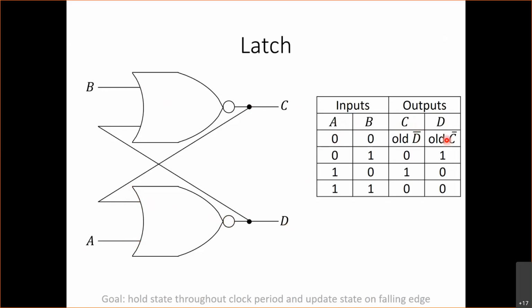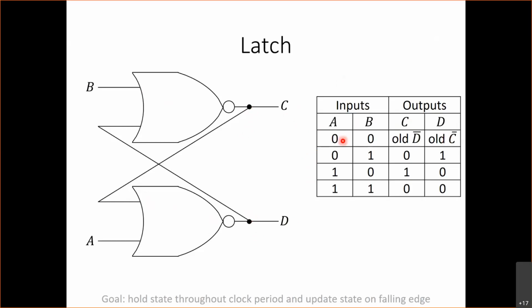Yes, I don't get how we start. For the first one to give an output, it needs the output of the second one, and the second one needs the output of the first one. So how do we start? Right now I'm presuming that there was an output there before. I'm presuming that we had some way to initialize C and D, and in the next inputs we're going to do that. But for now, assume